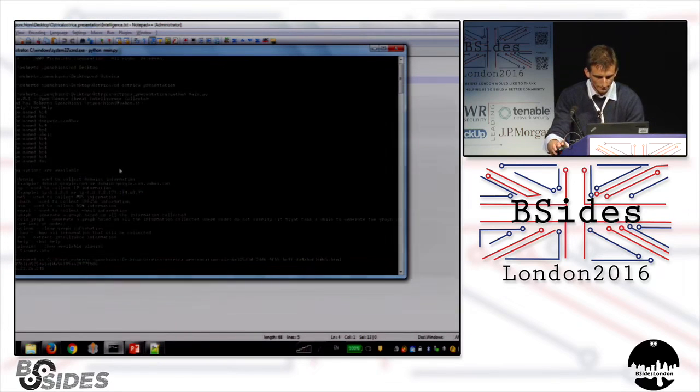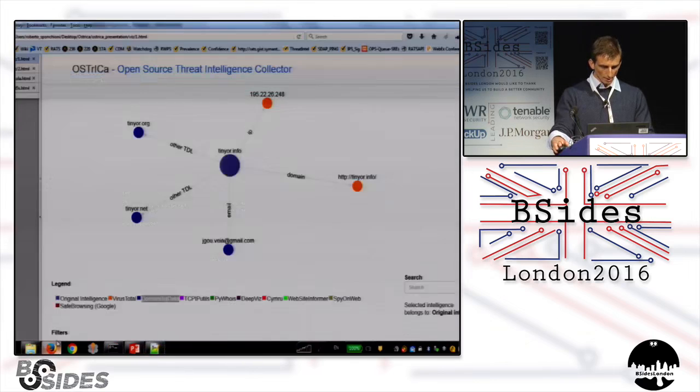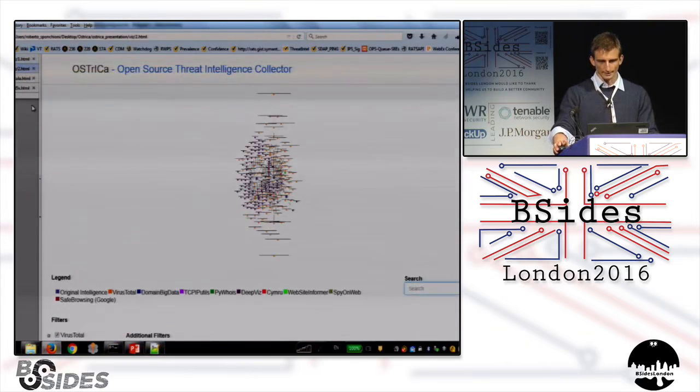So if we run the tool again, I'm not running it, but if it starts collecting the information, it's going to take a little bit of time, depending on how long it takes the server to reply back. And then if we do graph again, the previous graph is overwritten, and the output is something like this. It's kind of messy,